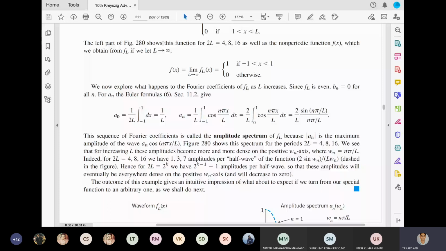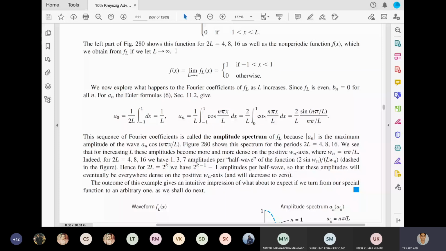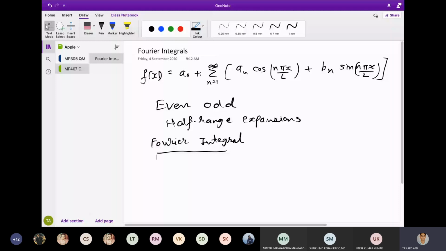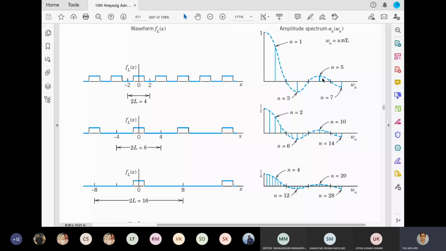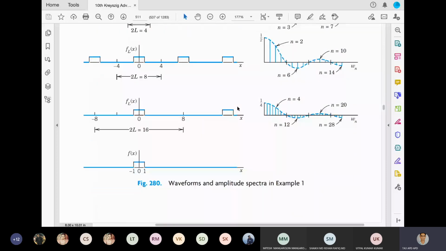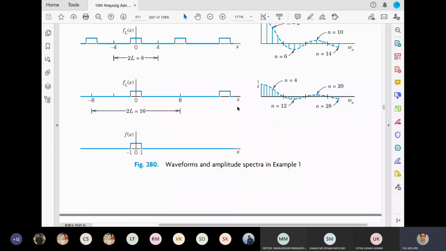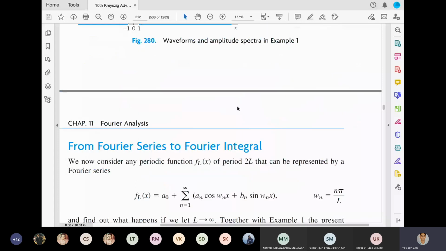So the Fourier series, what we have seen, is only for a finite period, for a period of 2L. But if you see in practice, there are plenty of applications where the period is going to be infinite. So in order to see this, we just take this analogy to see how the wave gets flattened and flattened over an increasing period of 2L. And when you completely replace it with L tends to infinity, then how one can derive the whole Fourier integral. So that is the next step we are going to do.